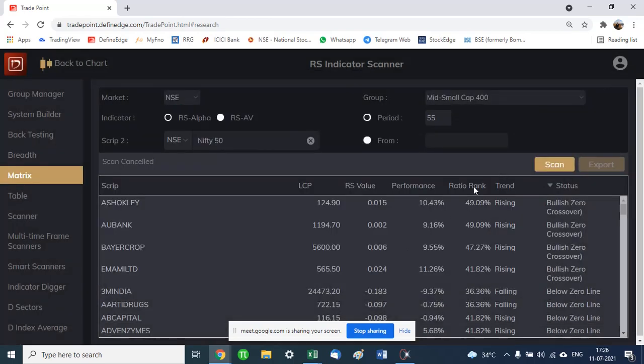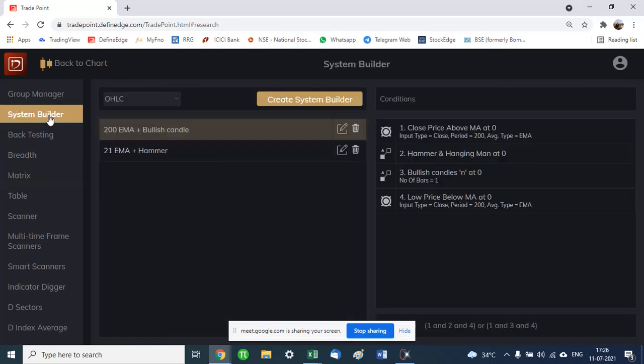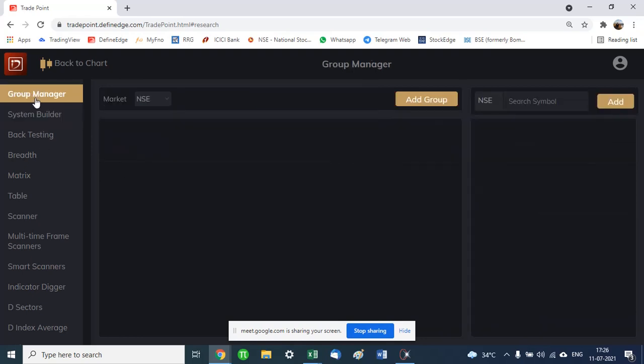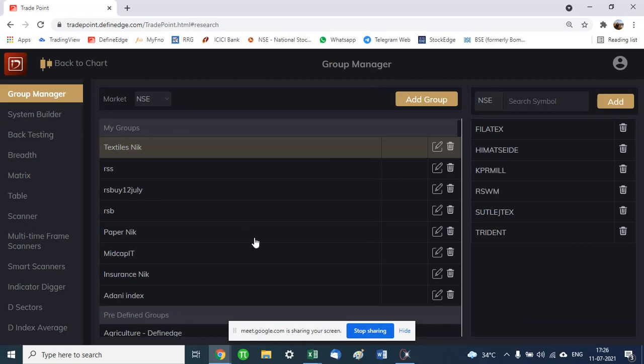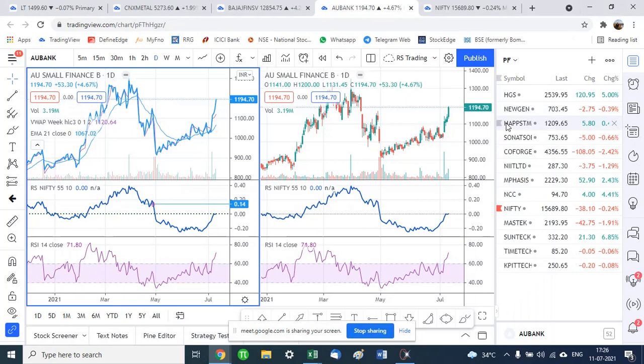So guys, I have covered mostly everything that I wanted to cover today. Things like system builder, etc. will take more time. This is a little more complex as to how to build the systems, though I touched upon it very briefly. But if you are using TradePoint, you can also get help from the TradePoint guys on how to do it. They are very responsive. Whenever I've had a small issue, I've put in a request, they immediately call back and they help me. They take over the system and show me how it is done. So you can also take their help.